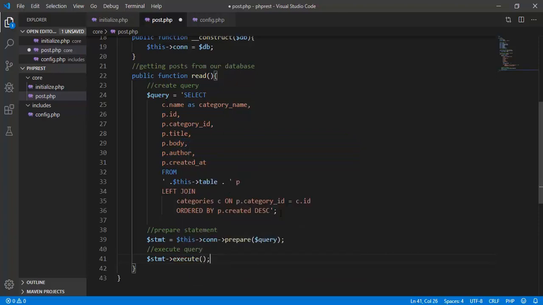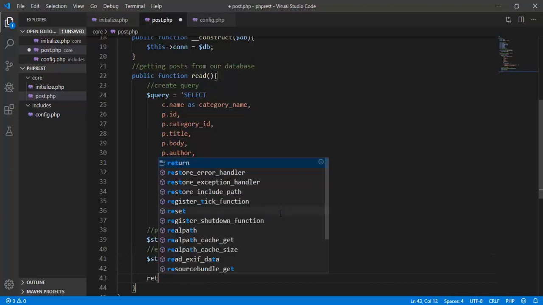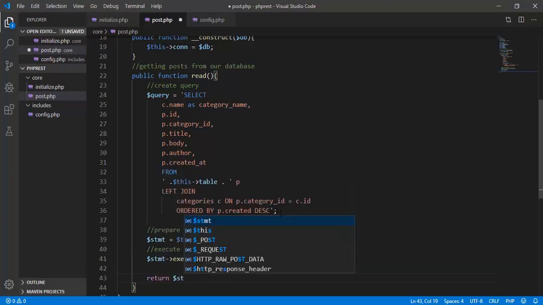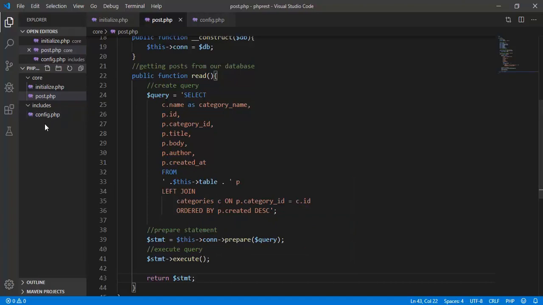Okay, and then we're just going to return the STMT for now, or the statement. Okay, so save this, and then we also need to